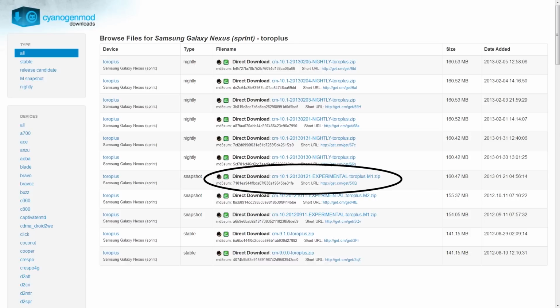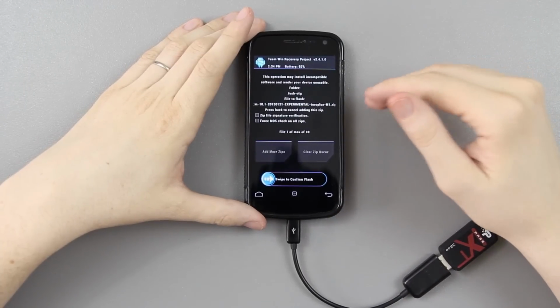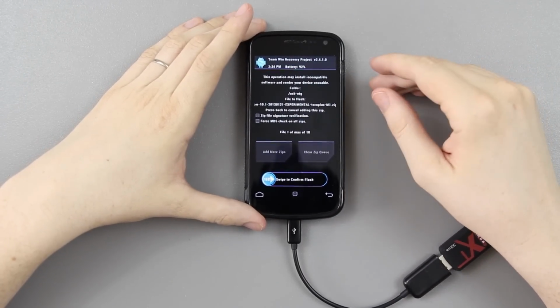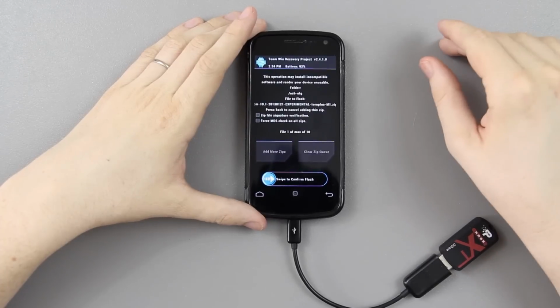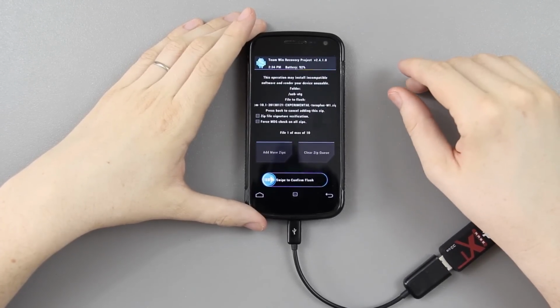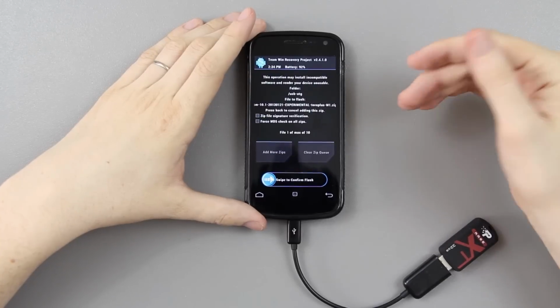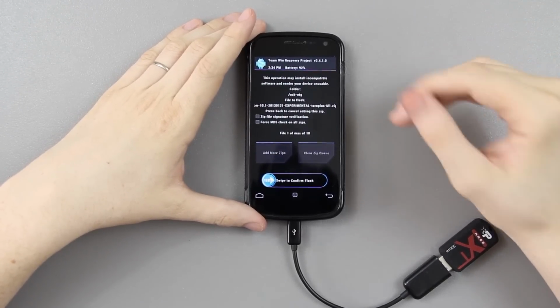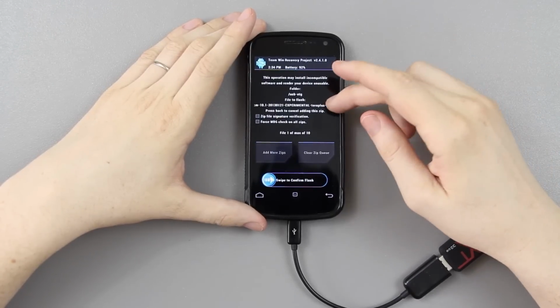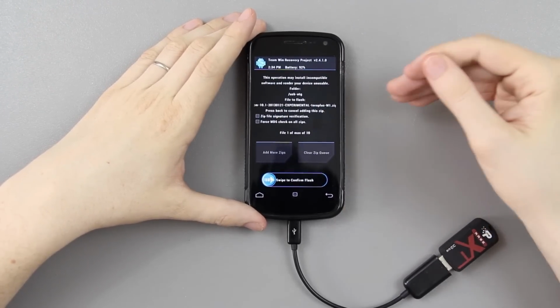Obviously, when the M2 comes out, choose that. Basically, CyanogenMod has stable, they have release client, then they have the M1 series, which is once a month they update it to the most stable version for that month. And then they have the nightlies, where every single night there's an update, which can get very annoying and frustrating. So until they have a release client, I highly recommend choosing the M1 if you want the most stable